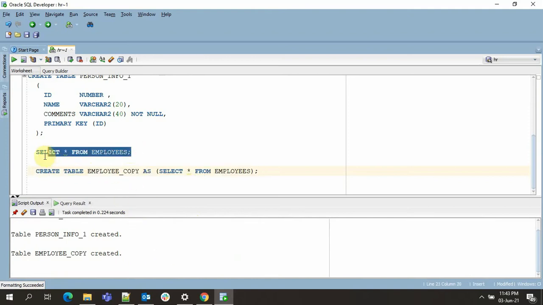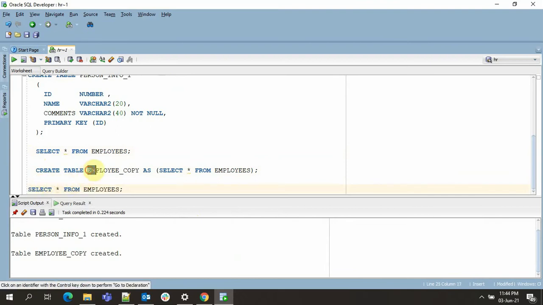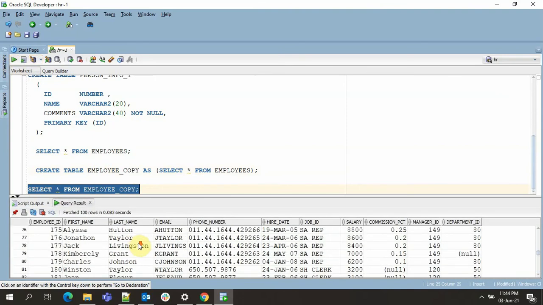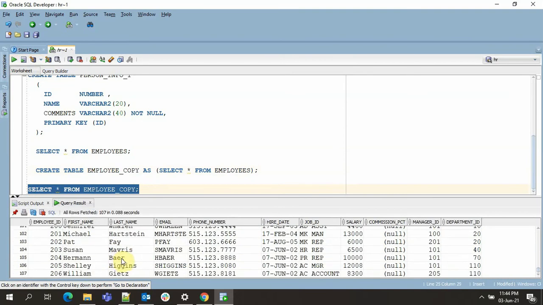Now we'll do a select on this. Let's just copy this statement. So see, the table with all the columns from employees and all the records is created. See, the total count of the records is 107. So we have seen how we can create a table from an already existing table.